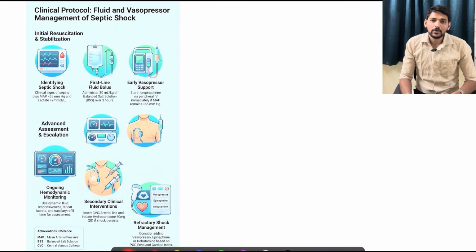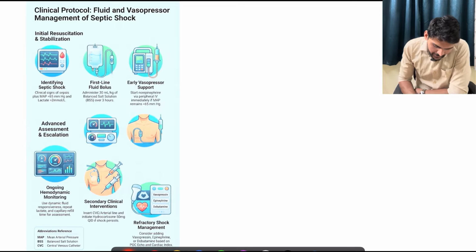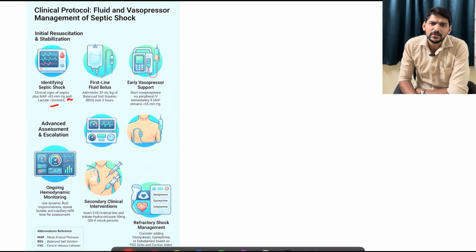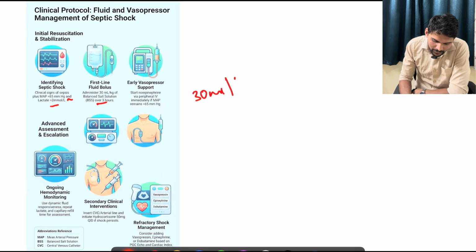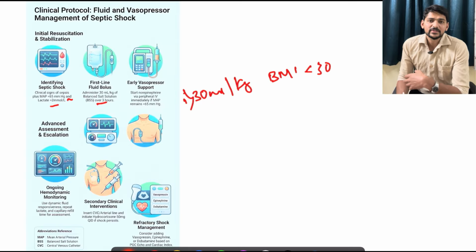Then once we got the case as in sepsis, for example, then how we have to proceed. So how to manage? We all know that initially if the mean arterial pressure is less than 65 or lactate is more than 2, we will consider that individual is probably in septic shock. So always we will be giving the first fluid bolus usually of 30 ml per kg body weight if the BMI is less than 30. This is the first important point. Here the thing is, sometimes it is advised that don't follow the universal bolus of 30 ml per kg.